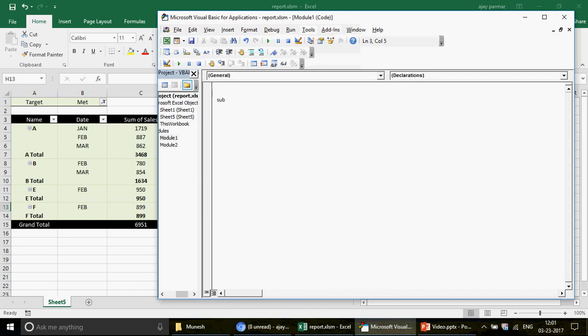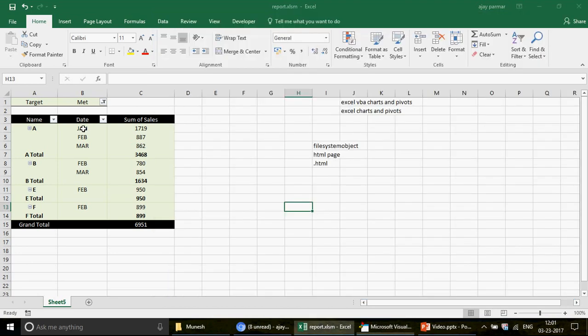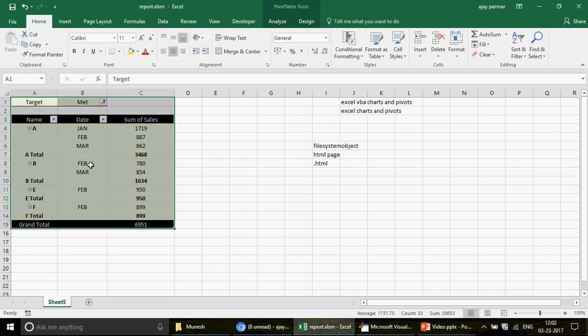Okay, so first of all let us go ahead and paste the pivot as a range. The first step which I want to do is write the comment here: paste the range. In order to do that, I will simply record a macro which will select this entire pivot. I can also write it by simply selecting A1 to C15, but in that case